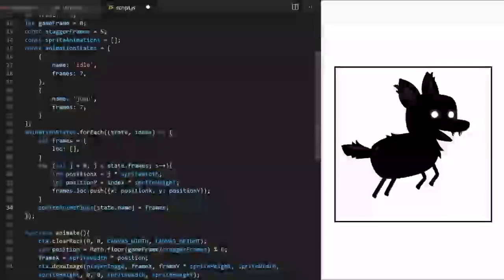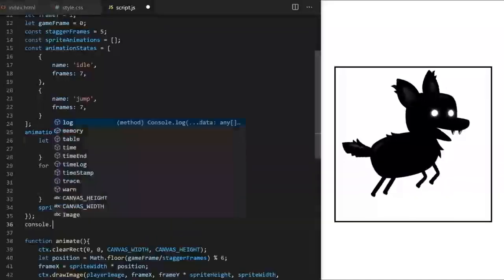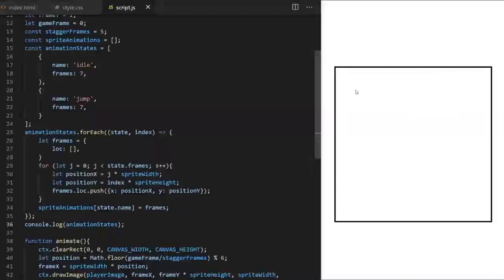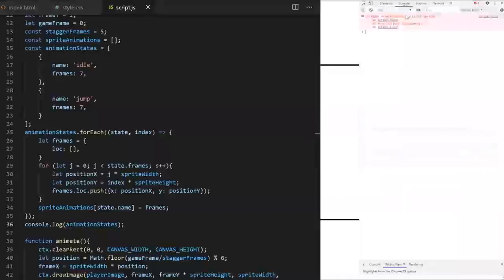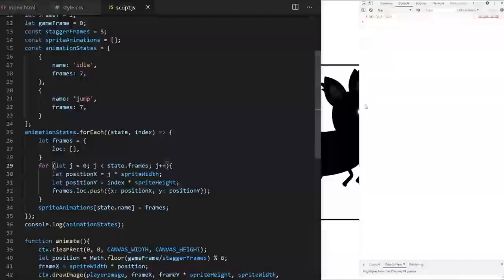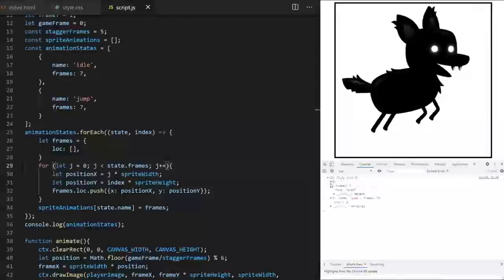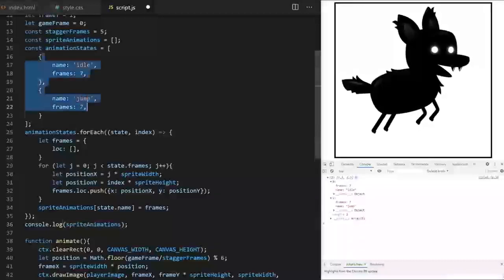That's it. We created a data structure that maps locations in my sprite sheet. I can console log it now. I can see I made a typo here on line 29. You probably noticed it already. This should be j, not s. So now I'm console logging animation states from line 15, that's fine. But what I actually want to see is the sprite animations array from line 14, which we just created and filled